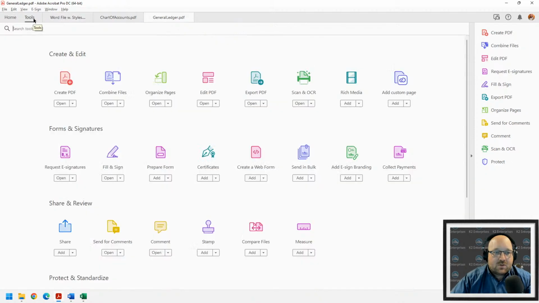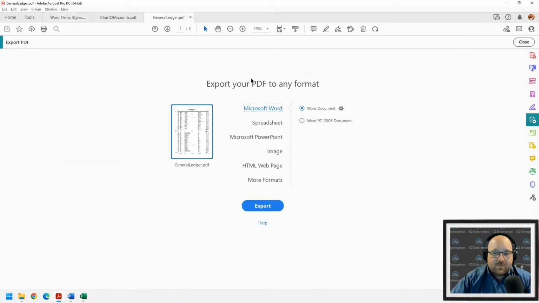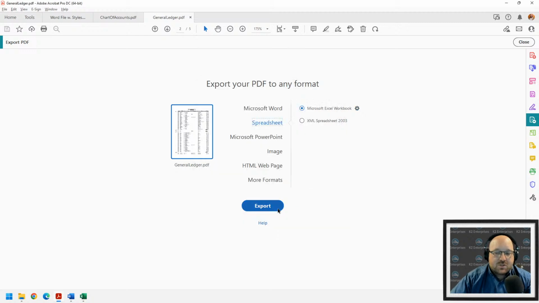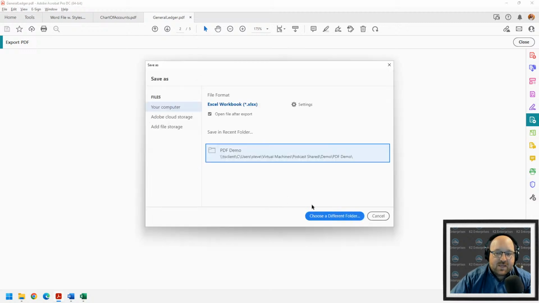We'll come on over here to the Tools menu. We'll go ahead and select Export PDF. This is going to be where we could choose different format options, including Word, PowerPoint, and others. We're going to go ahead and choose Spreadsheet. We're going to choose Microsoft Excel Spreadsheet. You get a couple of options here. Unfortunately, really not that much. If we click the export,